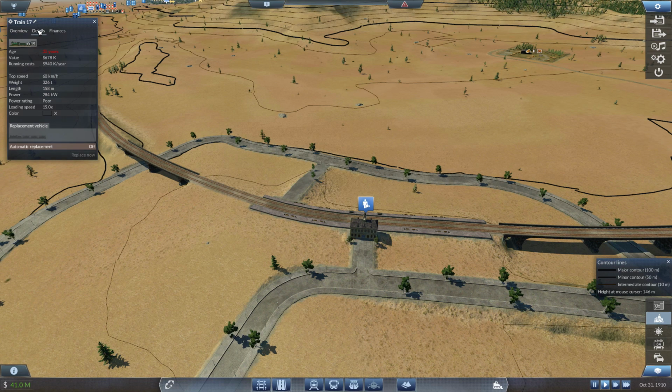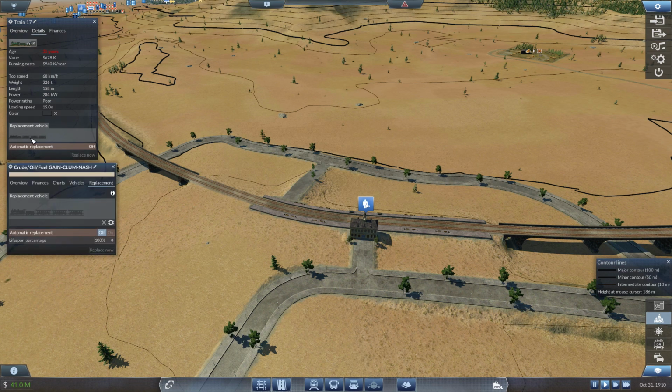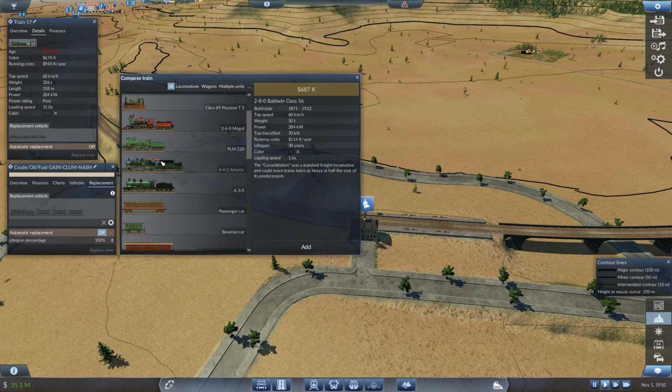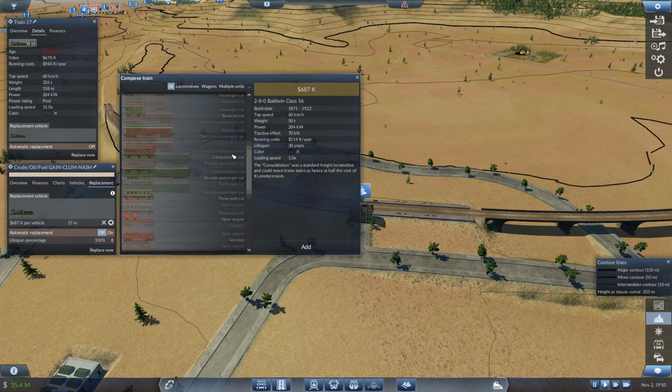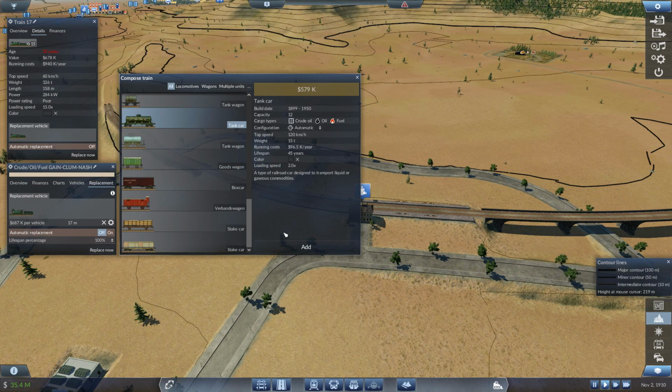What are you open for? You're 33 years old. Okay, that's probably why. Can we replace you like for like? We can get another Baldwin. We can build them till 1922, so we've got plenty of Baldwin left. We'll need tank cars. What do you got? 11, 12, 13, 14, 15...